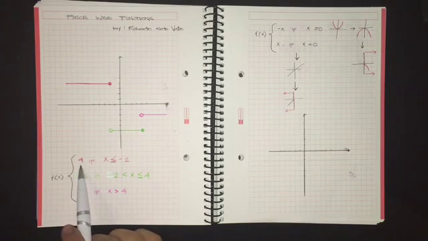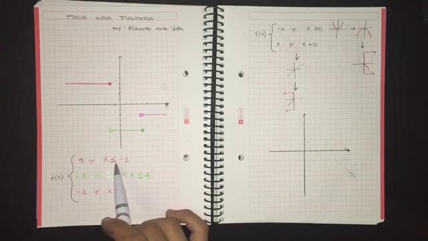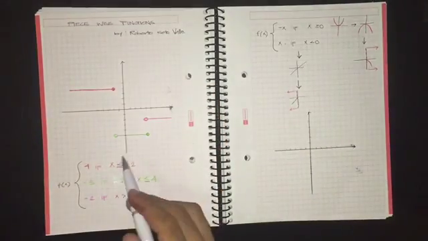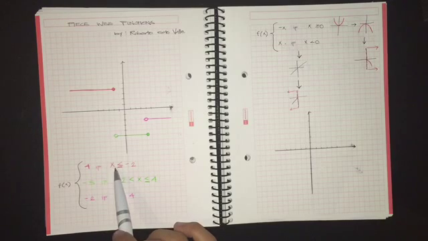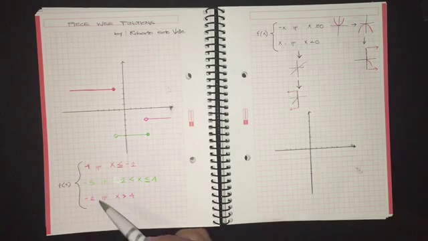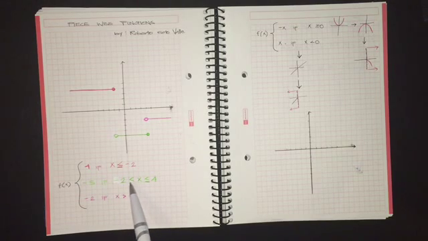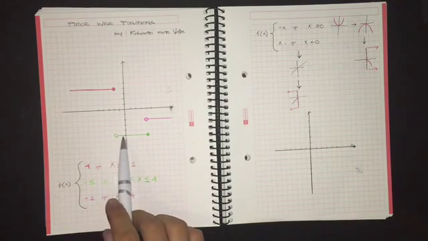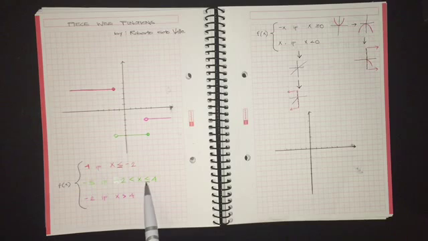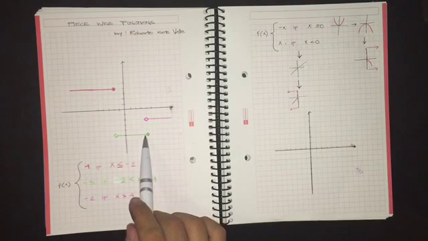So for example here, 4, which is this one, if x is less than or equal to -2. So here we have the -2 and the 4. Now, because it is less than or equal to -2, we just have this part of the function. In green we have -5, which is this, but if x is greater than -2, as you can see, it doesn't touch because it's a gap,